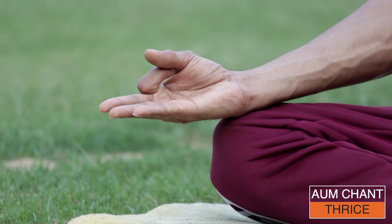We will start with chanting Om 3 times. Close your eyes. Focus in between your eyebrows. Deep breathe in and slowly breathe out, chanting